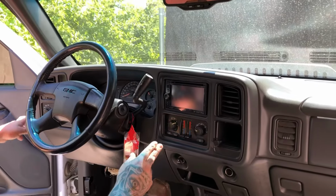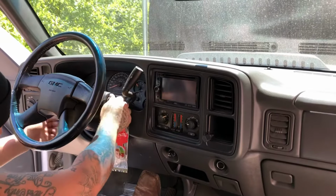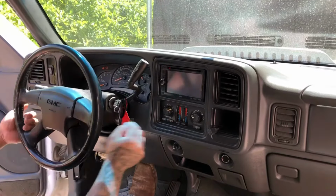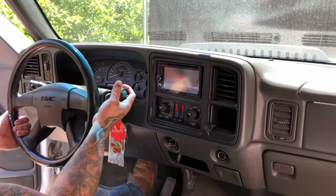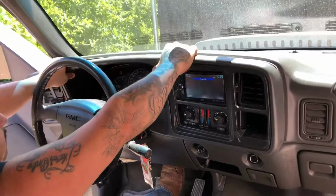All right, so first step, after we get the seats out, you want to remove this dash trim. For that, you do have to bring your shift lever down, pull back on it,